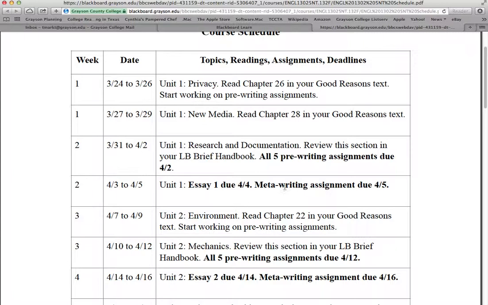And then after your essay is turned in the next day, I want you to think about that whole process and make a quick response. That's kind of the flow of things. So print this off, put it in your textbook, hang on to it, it'll be very convenient for you. Okay,